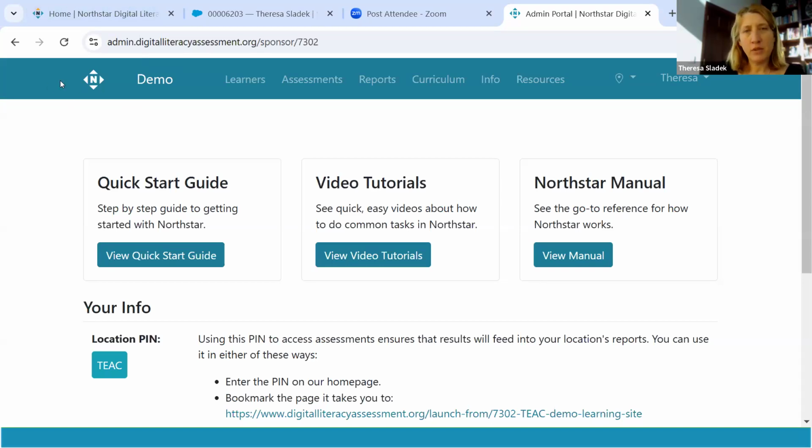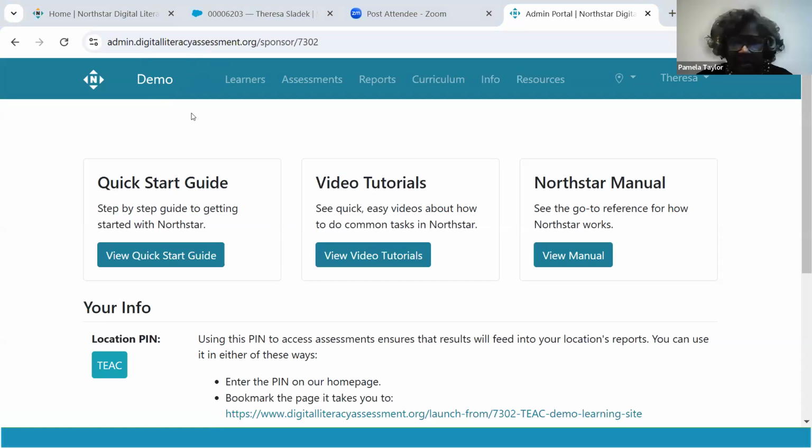Sure. So right now we're looking at the Northstar admin portal, and this is what we call the landing page. And on mine, in the blue navigation bar, you can see it has the Northstar logo on the left, and then it says demo on mine. What I would like you all to do is to log into your Northstar admin portal and put in the chat what yours says. So yours would say something much more interesting than demo. And I just want to make sure we can all access the admin portal. And if not, we should figure that out